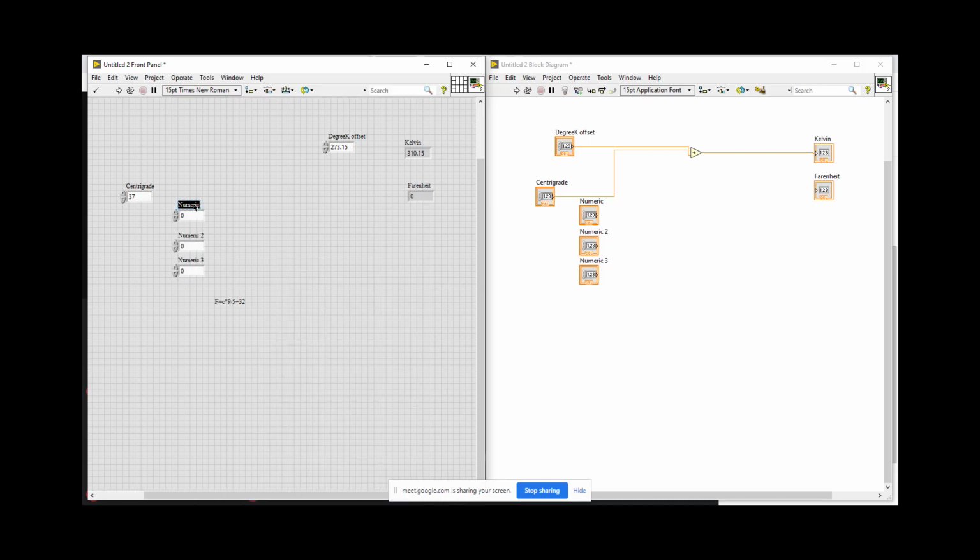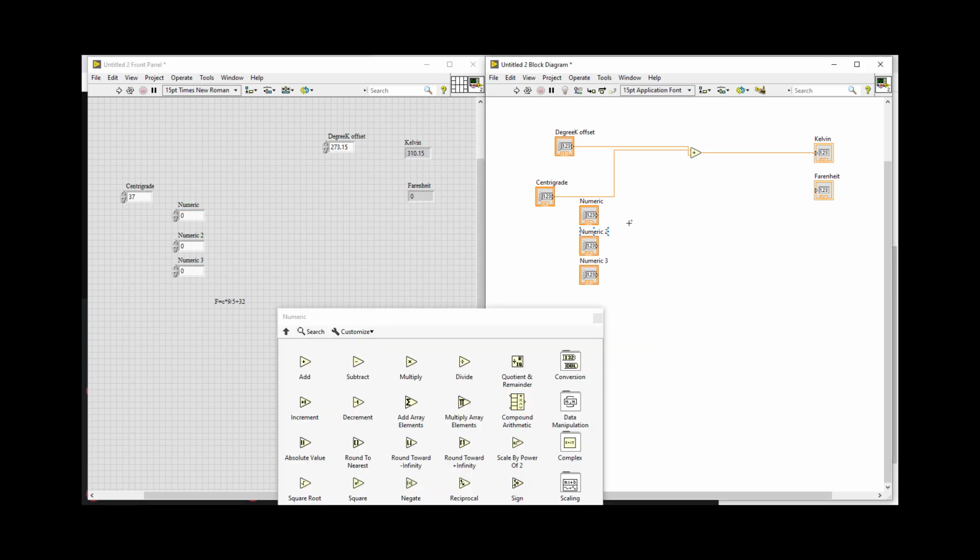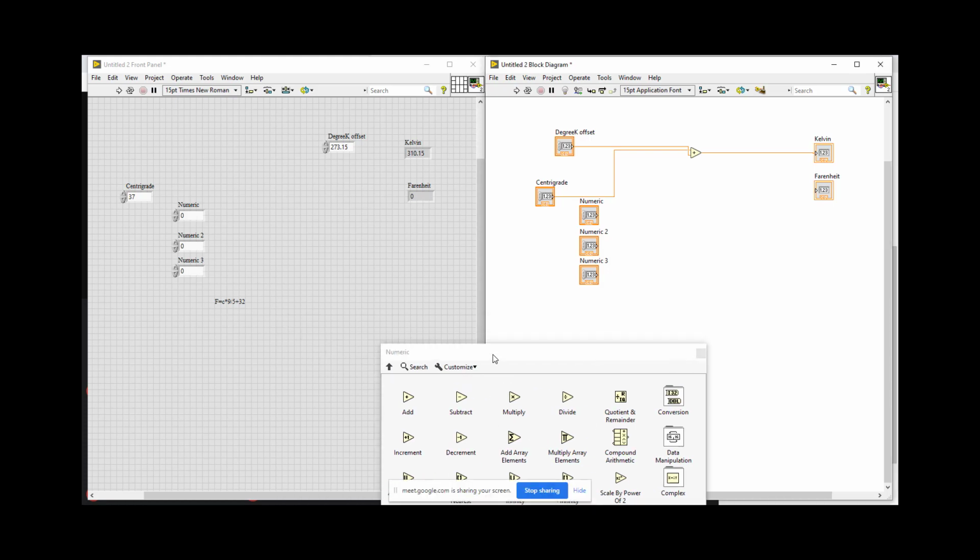Okay, just to remember, we can rename it also. Right now, I'm not going to rename it. So we have inputs 9 and 5. So we need one operation that is going to divide 9 by 5. So that is a divide.